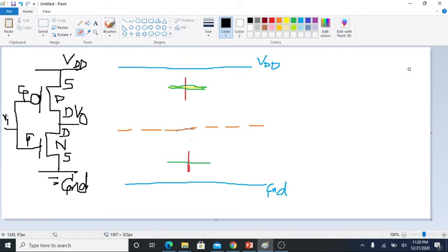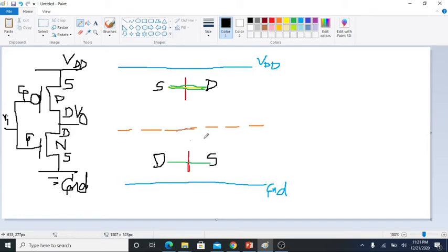So here you will understand the importance of the stick diagram. If for a minute you look at your stick diagram properly, what are you observing? You should see which terminal is connected to VDD and which terminal is connected to ground, and whether any terminals are interconnecting with each other. If you observe here, both the drains are shorted. So let us say I am making it like this: source this side, drain this side. I have not observed it, and I have made drain this side for NMOS and source this side for NMOS.